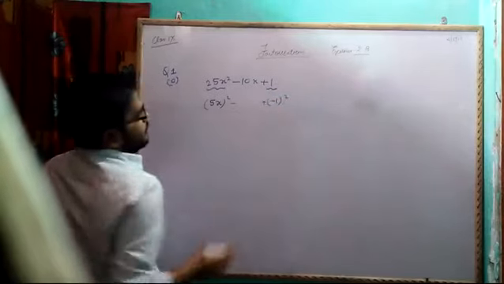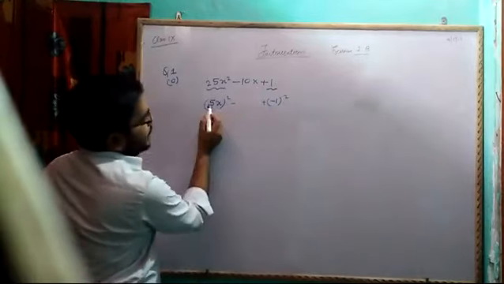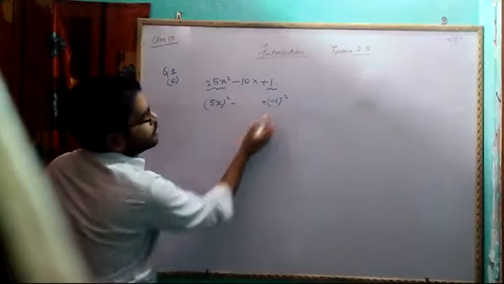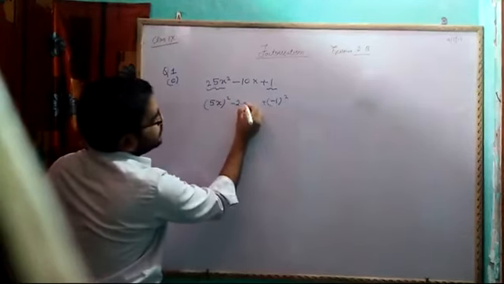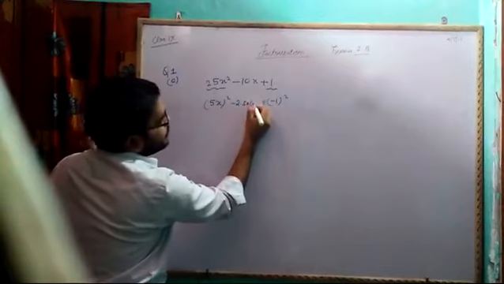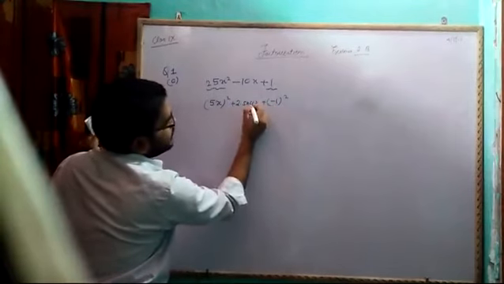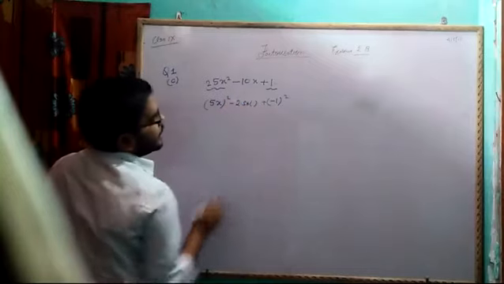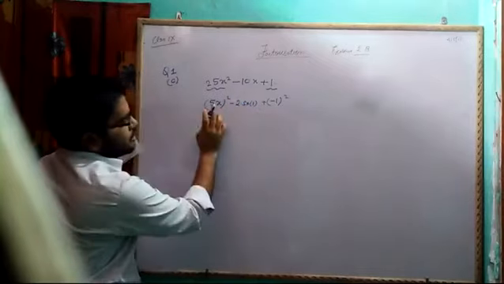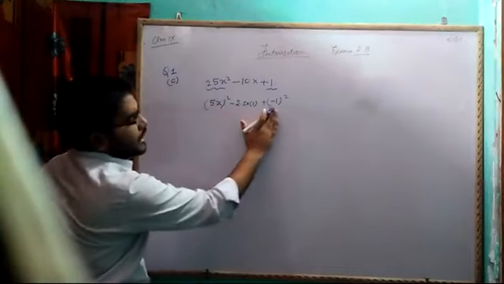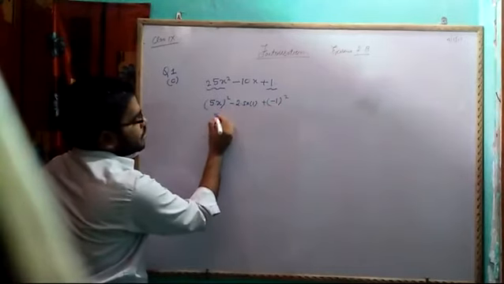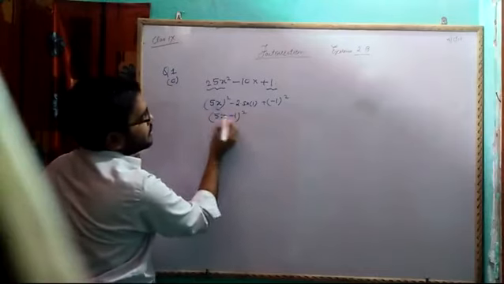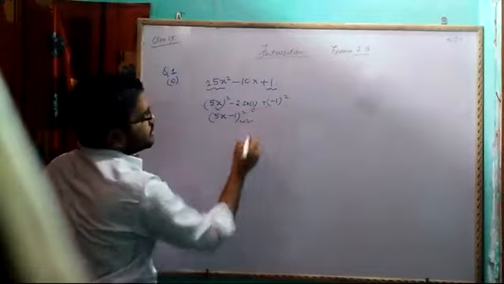Yes or no? Now why are we writing minus here? I can write minus here also, but I am writing it so that its square will be equal to 1. So I will write 2 into 5x into 1, and then minus 1. This technique I have already told you, so it is better you write minus here. So this is in the form of a square, 2ab and then b square. You can simply write 5x minus 1 whole square. So this is your answer.